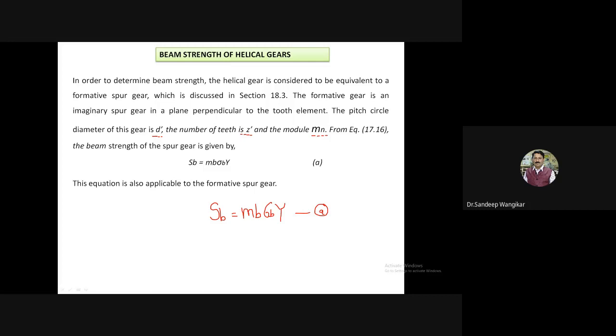Now, how is this equation used for helical gear? This is for spur gear. In our terminology, m will be replaced by what? Is there any change for b? Is there any change for sigma B? No, it is the material property. And what is Y? This is the formula for spur gear. If we want to apply it to helical gear, we have to make some modifications and substitute the values.